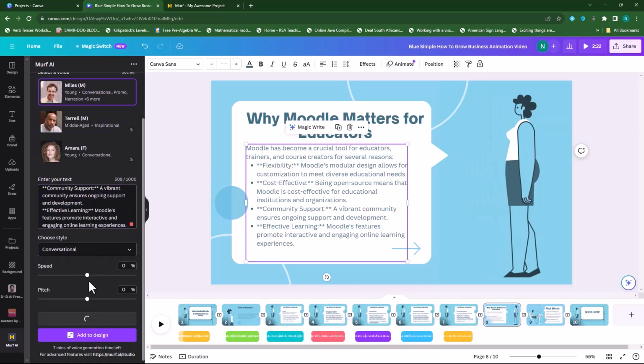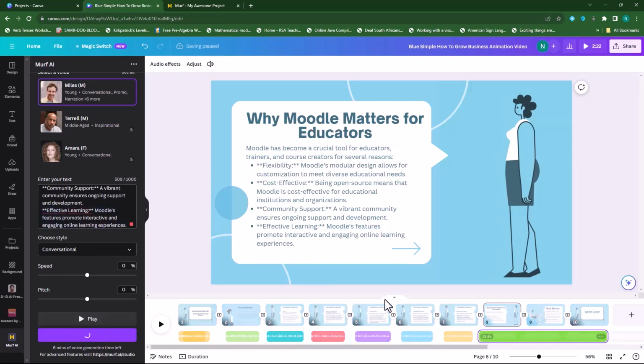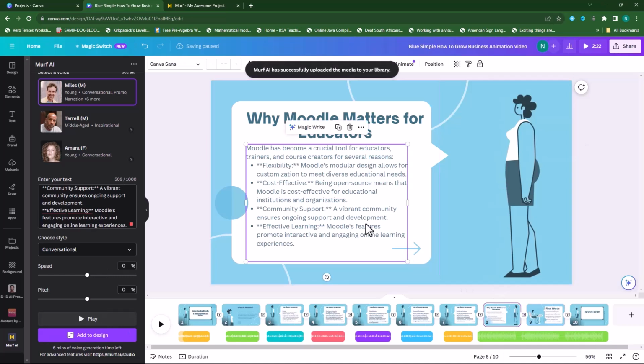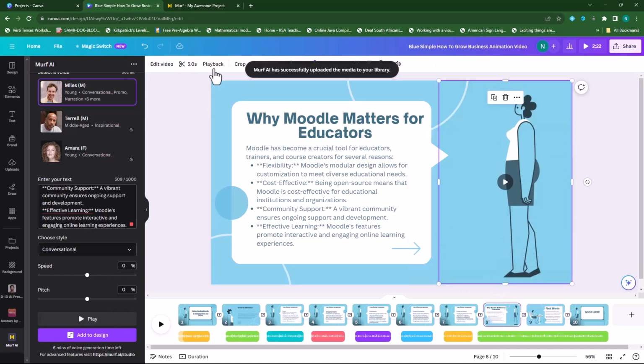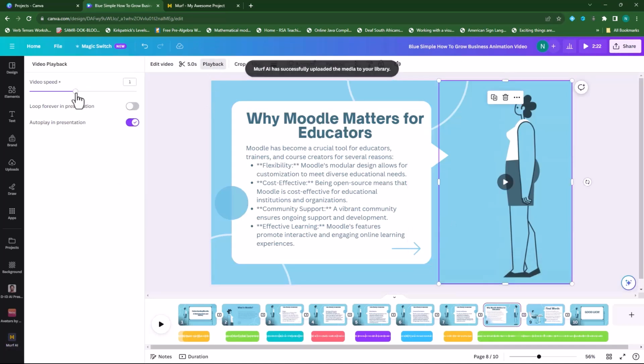Generate that. You'll see that your text needs to be 1,000 characters, so please make sure if it's more than 1,000, just cut it to 999, and then you can do the rest on the second run. Okay, I'll add that, play back, and just